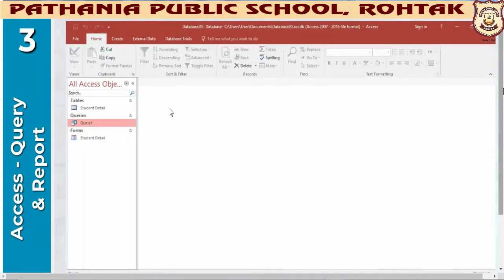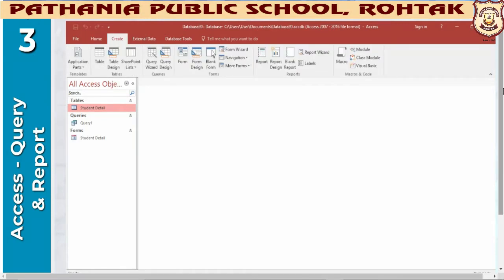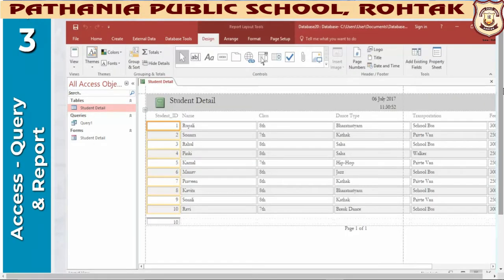Click on the table or query on which you want to base the report from the navigation pane. Click on Create tab. Click on Report from Reports group. Access builds the report and displays it in Layout View. After viewing the report, you can save it and then close both the report and the underlying table that you used as a record source. As per the project, the final report of the database is made.